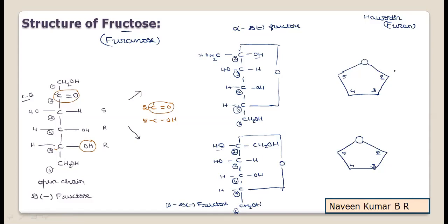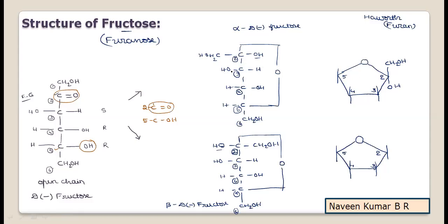For the placement, you can practice this. I will start from this 2nd carbon. I will write vertical lines at each carbon atom to represent the groups present on that carbon, above the plane or below the plane. On the 2nd carbon, the hydroxyl group is on the right hand side, hence it is below. Now you can recall that when CH2OH and H come, CH2OH should always be above. But when CH2OH is there, you recall Fischer's rule. Those groups on the right hand side you place below, the other group above.